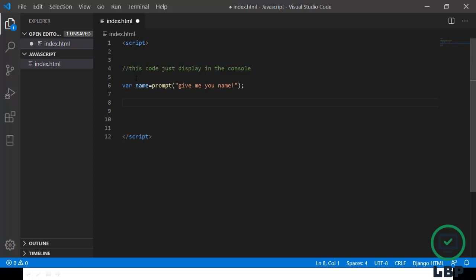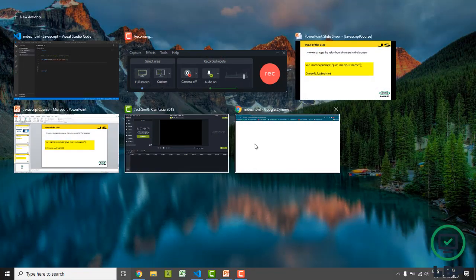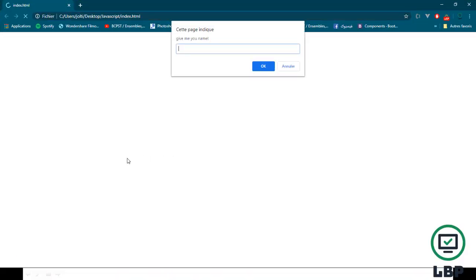Okay, and after, I will save, Control S or Command S on Mac, and I will go back to my browser. And now, when I refresh, I get this modal, this block here, that says to me, give me your name. So this is the way we can get values from a user. If I type, for example, Joey, and I click OK,